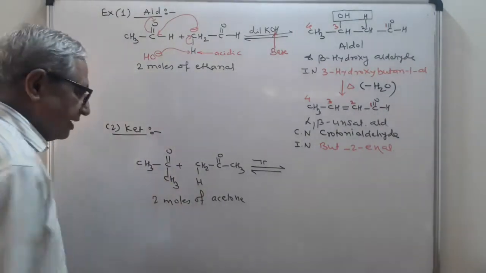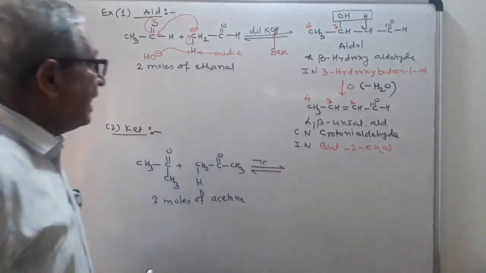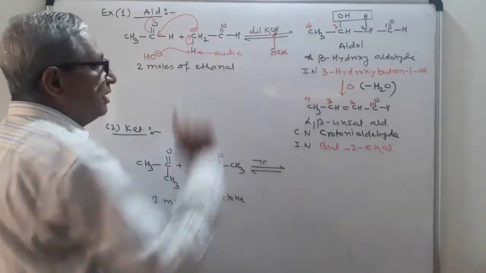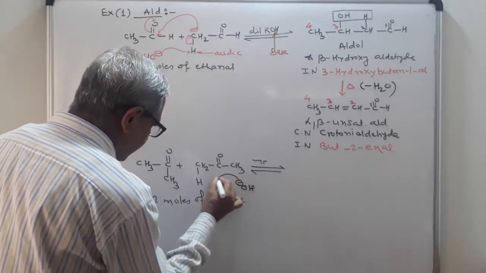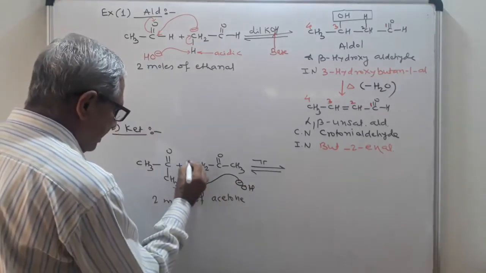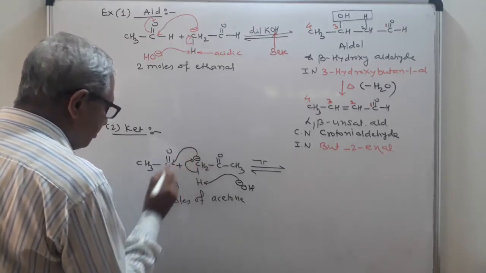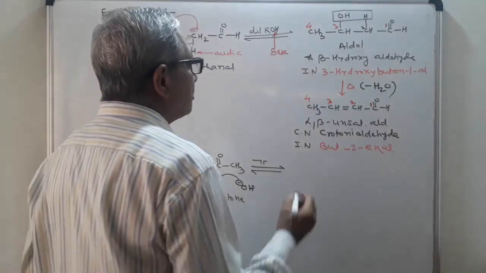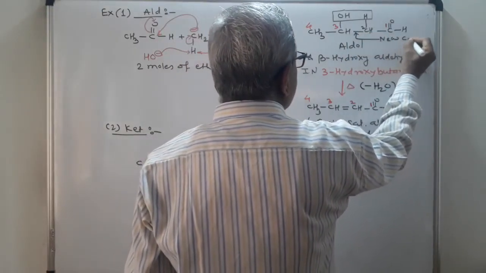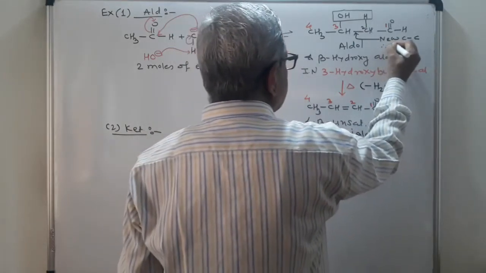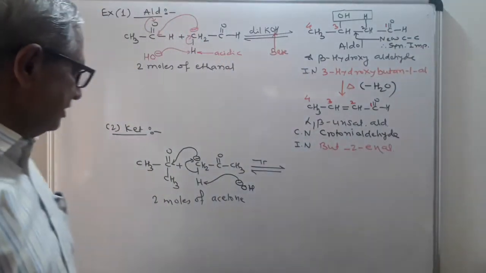Now I will state the second example, of ketone. Now see, this reaction is again carried out by using dilute KOH. This OH minus will act as a base. This base will abstract the alpha hydrogen atom because it is acidic in nature, and you will get here carbanion. This carbanion will act as a nucleophile. It will go to the carbonyl carbon and new carbon-carbon bond formation takes place. Therefore, this reaction is synthetically important.